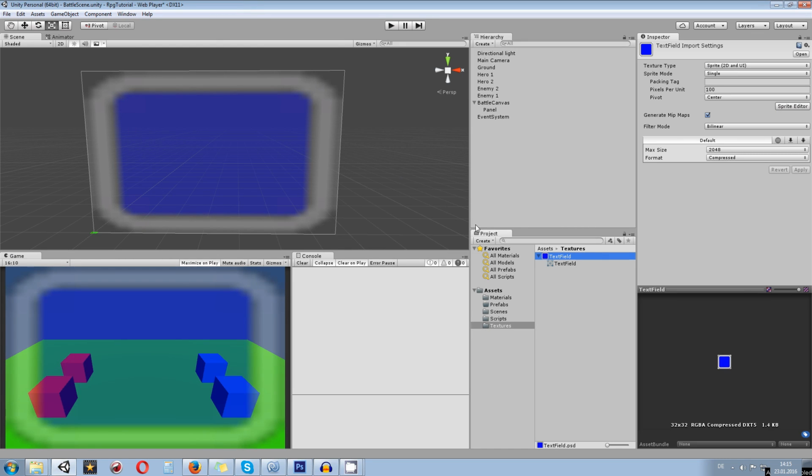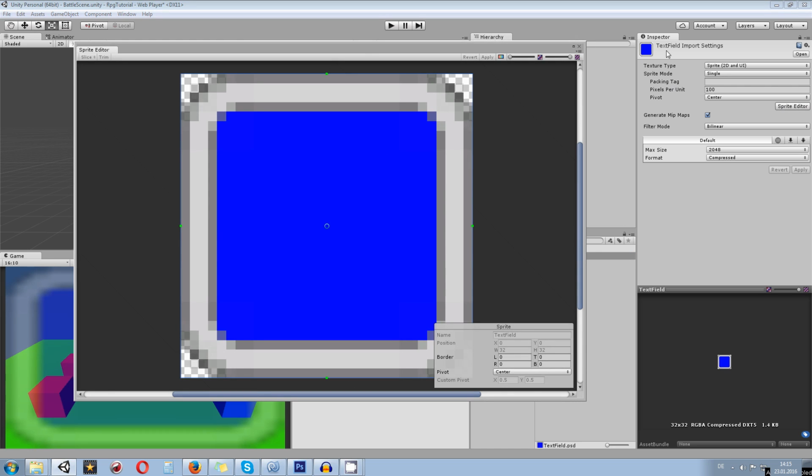Okay, so I updated the graphic to the latest one. As you can see, this is wrong. So again, I go into the sprite editor. As you can see, the graphic is a bit different. What I do right now is drag these green spots to these points over here. Let's see if I should go there. Maybe I just go one more in. So what will happen right now is that the border will not be stretched, just the center, and since I have nothing inside the center, everything will just be blue, and I will have a nice border for this. So I apply that,